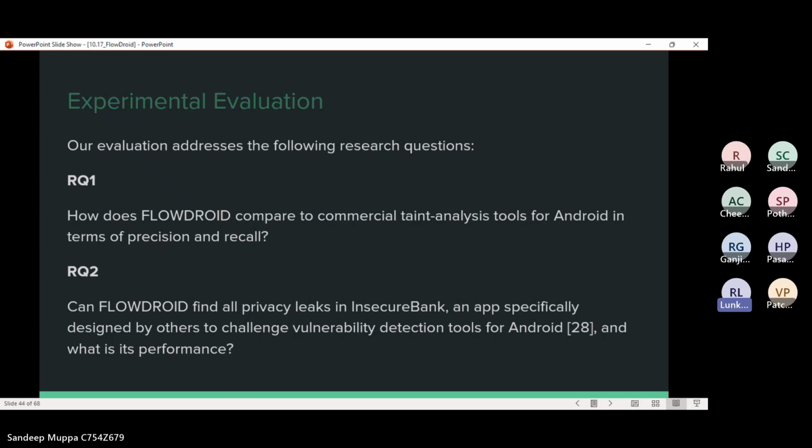The analysis tracks how private information flows through the program and whether it is leaked to the public or not. And the second question was, does FlowDroid find if privacy is affected in the Insecure Bank app, and will it challenge vulnerability detection tools for Android? It is also about its performance. And the third question was, next slide, please.